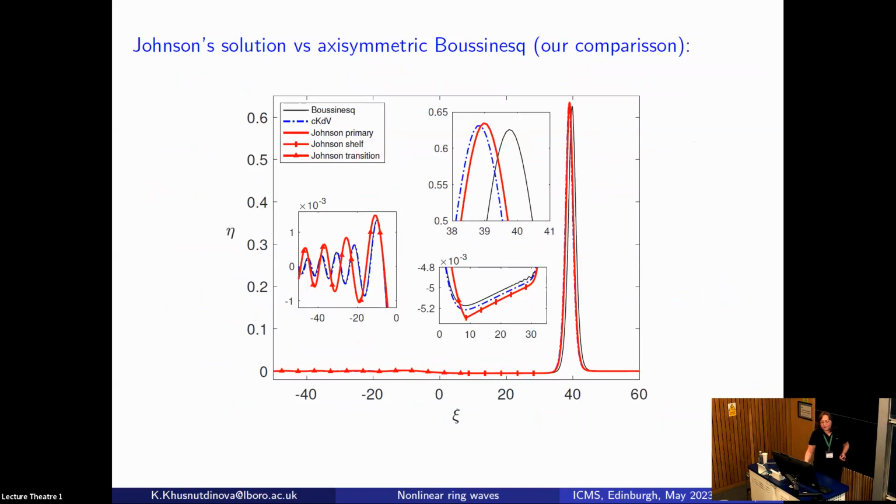That's for the small value of epsilon, 0.01. So agreement is not so good here simply because of the initial condition, right? So Robin assumes that there is some initial condition which at distance r generates an h² profile, right? So I think we need to interpret his results as a slow time version rather than a slow space version, and then agreement will be better. But his solution is certainly close to the solution of the CKDV equation.